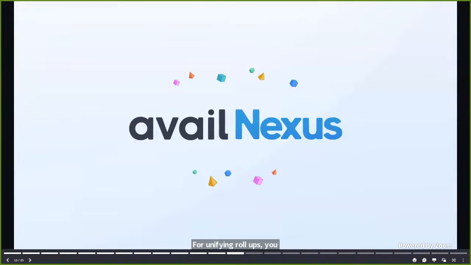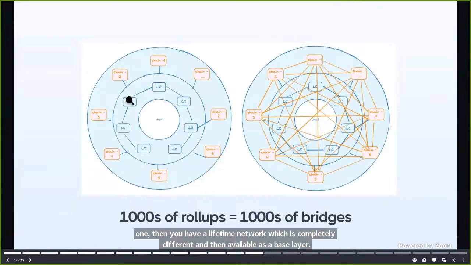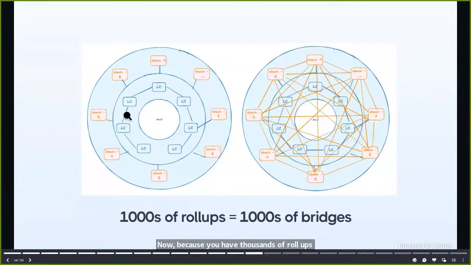But think of an aggregated layer. What happens is that you now have thousands of rollups, thousands of bridges. If you can see in this whole diagram, and I don't know if you can see my cursor, think of it this way: you have chain 3, chain 2, chain 1, then you have a light client network, which is completely different, and then Avail as a base layer. Now, because you have thousands of rollups and you need to find multiple routes from one